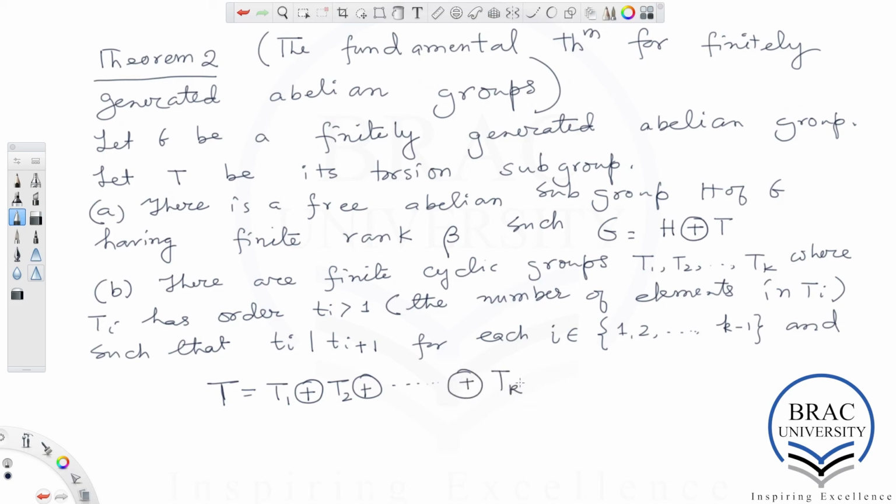Okay, that's part B. Now what does part C tell us? Part C is also important.